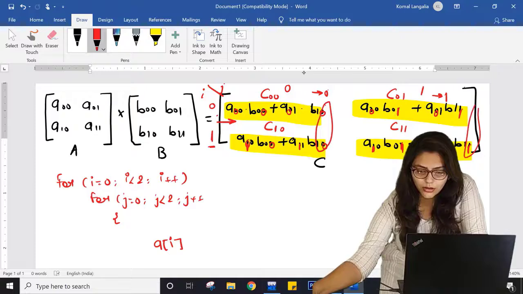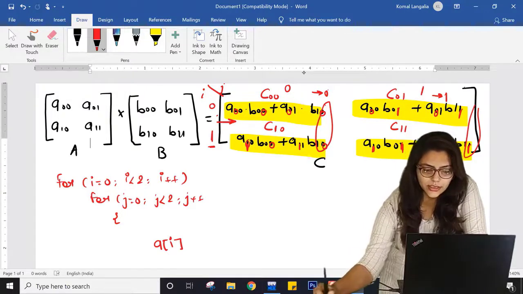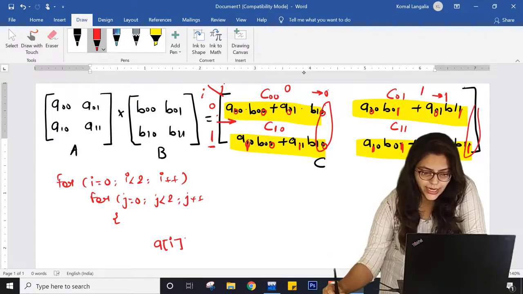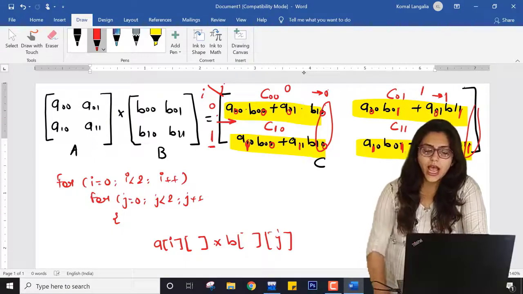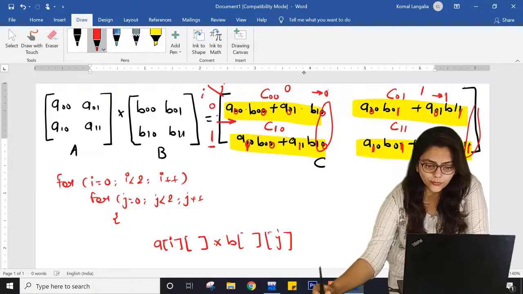For this column all values of B are 0, here it is 1. So I can write A of something, I don't know what yet, multiplied with B of something and then the value of J. I hope you have noticed the change, that is why I have written J over here.